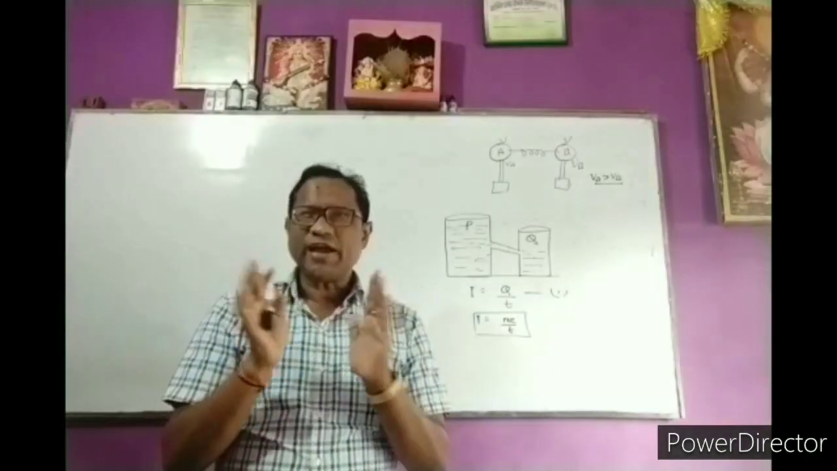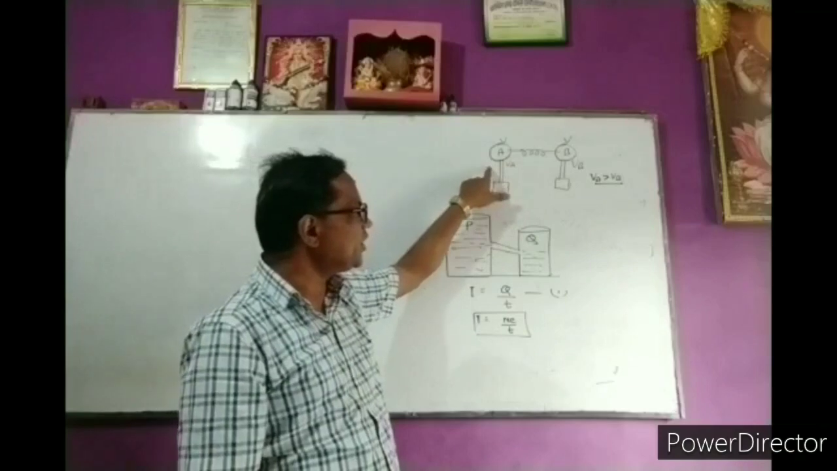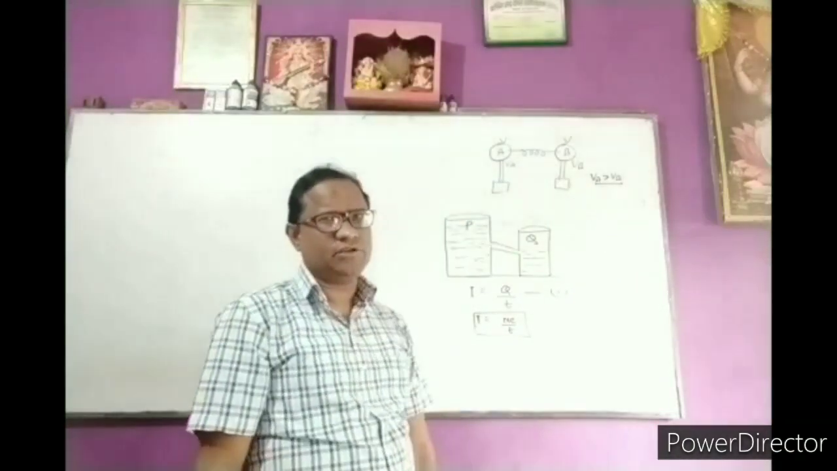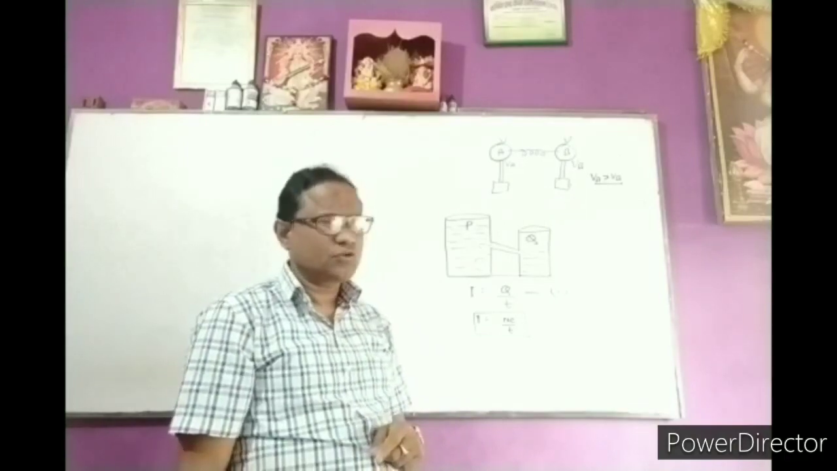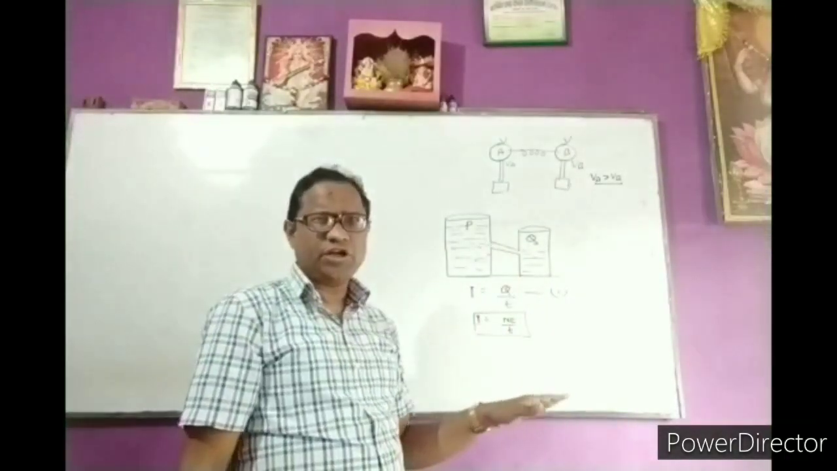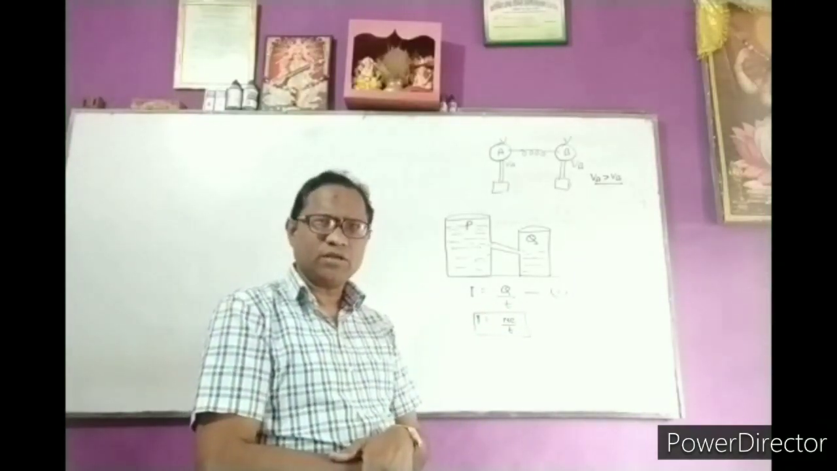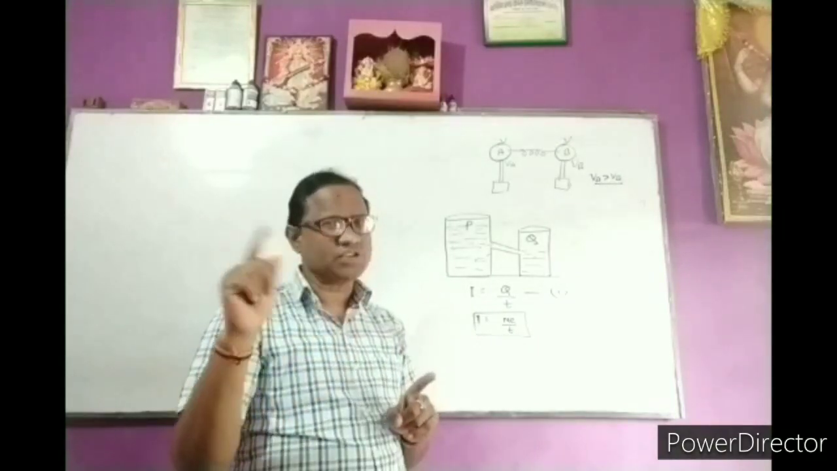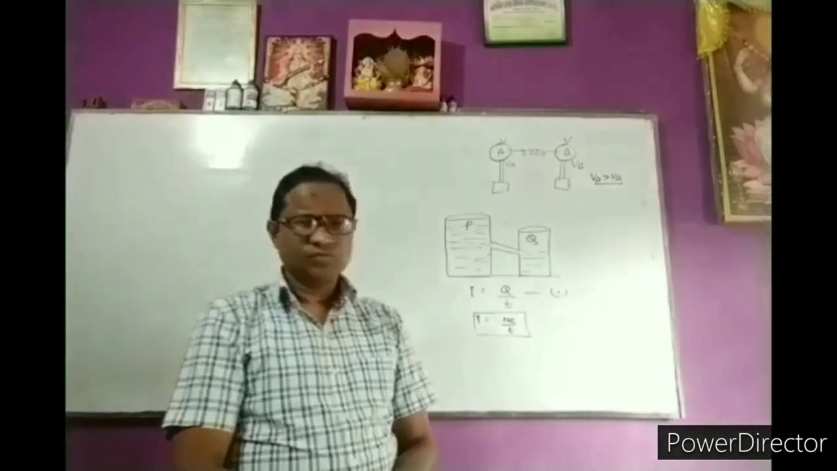So it shows that the charge flows from one conductor to another conductor due to potential difference. Water flows from one to another due to difference in level. Clear? So charge will flow due to potential difference. Next,